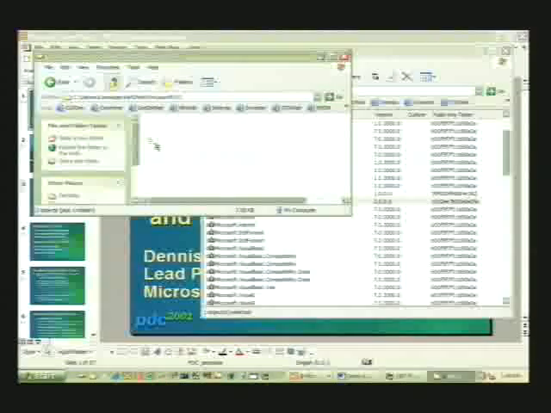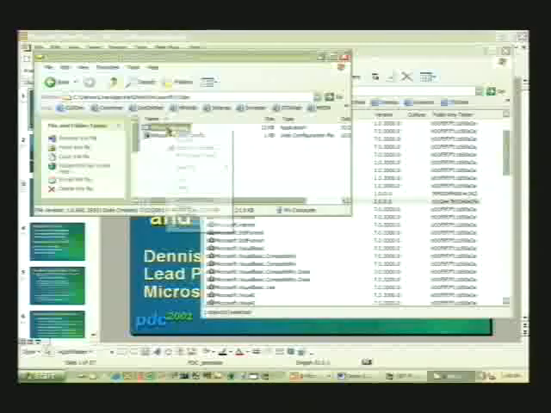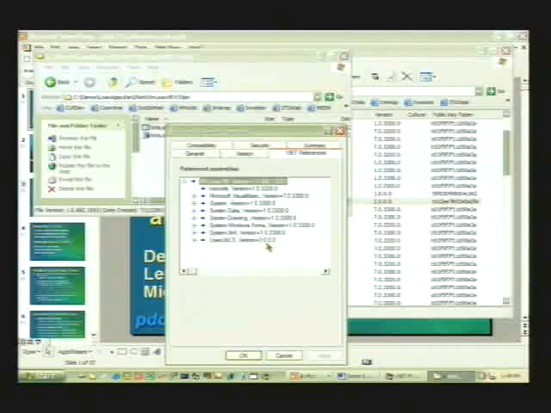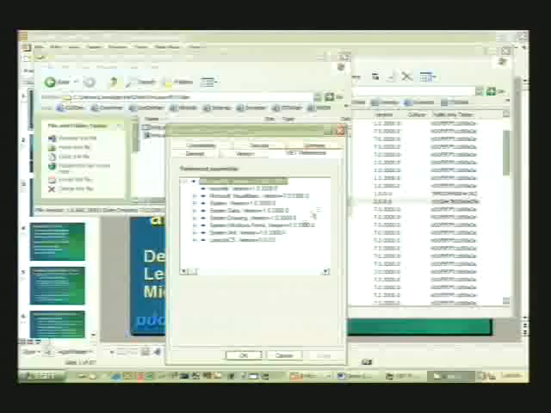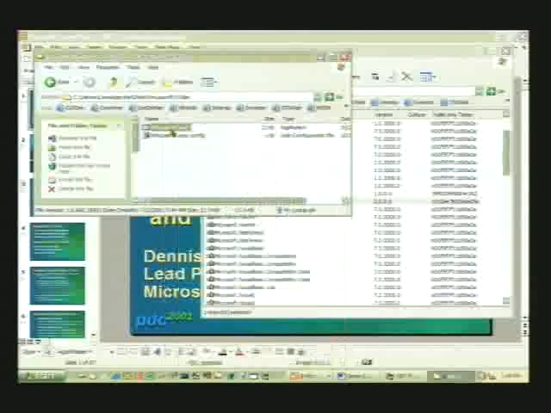So let's go to version 3 of this application. In this case, I'm binding to version 3. I won't show you an ILDASM, but I have another tool here that we actually created for an interop demo. What this tool does is it shows me the references on the property page for that particular assembly. So I can click on a managed assembly and I can see all the references. And I can see here that it's binding to version 3.0 of that particular assembly, lone lib CS. So if I run this one,